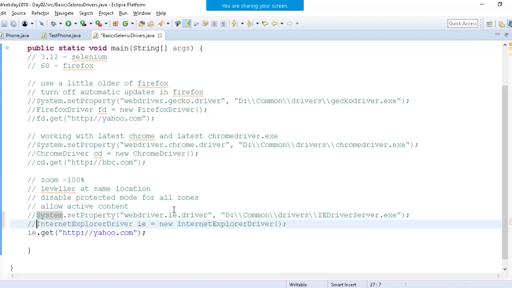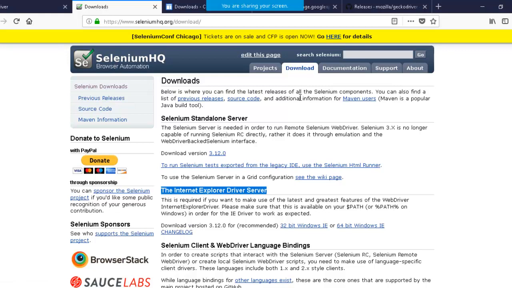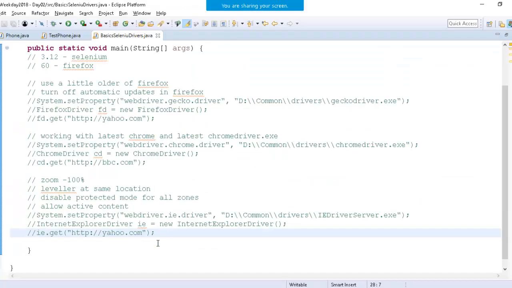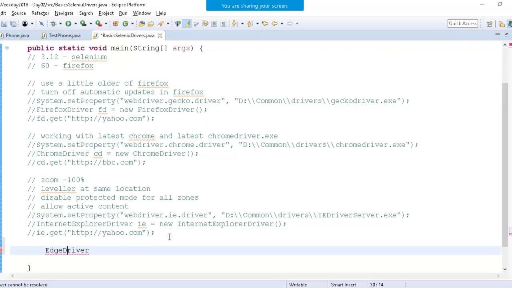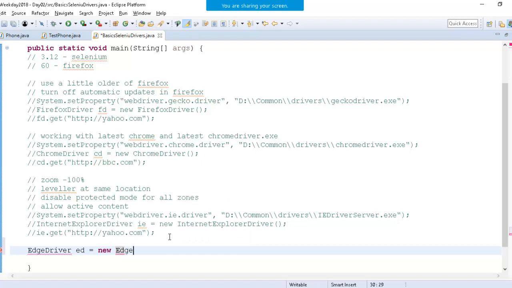Okay, and for Edge we have the Edge driver. Under the download section or over here you will see that Edge driver is there. Okay, so you can create the object of Edge driver. You can write over here EdgeDriver ed = new EdgeDriver, right? And for Edge